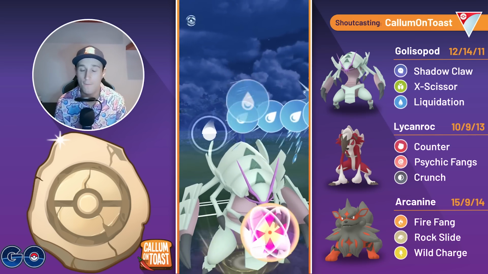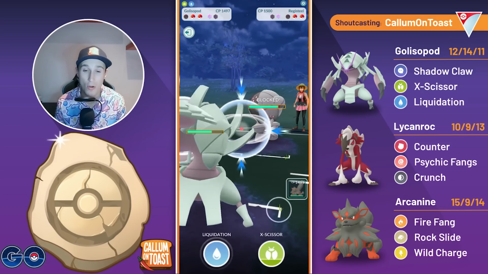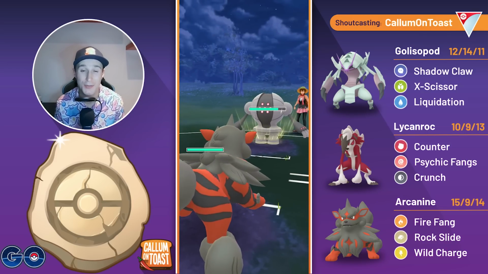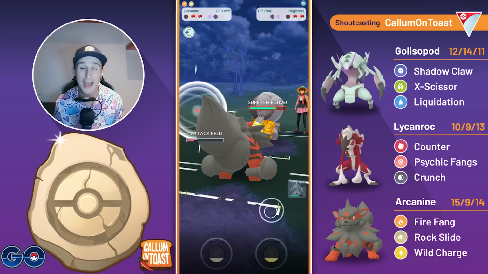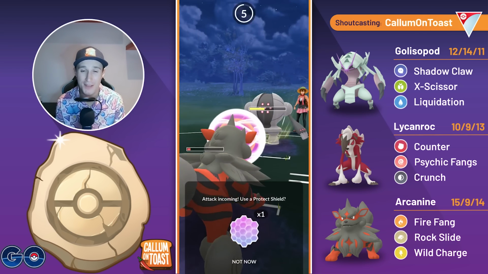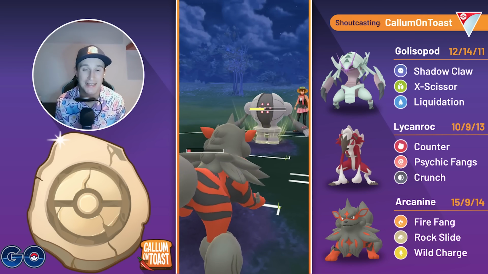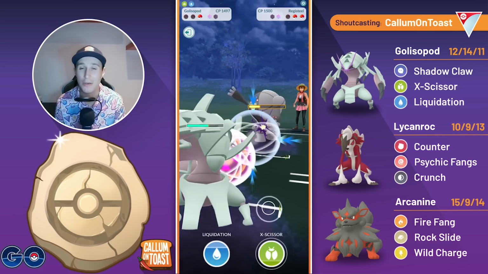So I'm going to go for a Liquidation here, and Liquidation will grab the shield from the opponent. We're now going to swap, and hopefully I caught a Zap Cannon here, and it is the Zap Cannon. Focus Blast would be one-shotting the Arcanine, but now I'm kind of forcing them to throw their energy. They do exactly that, and they are in range where I can just easily farm up to the back-to-back Liquidations,